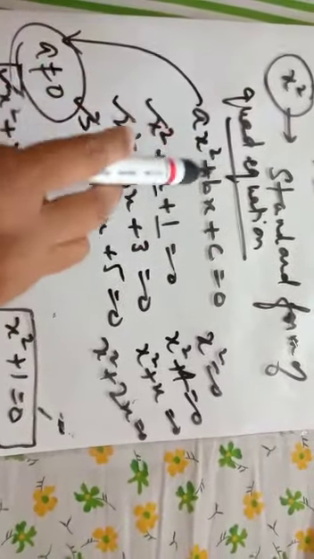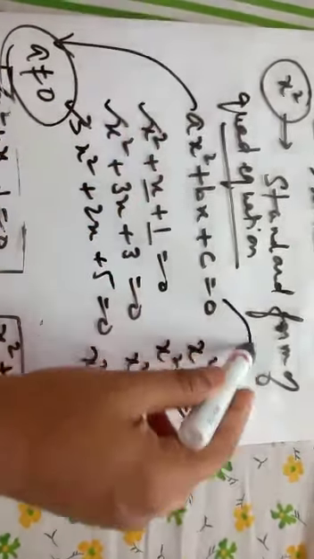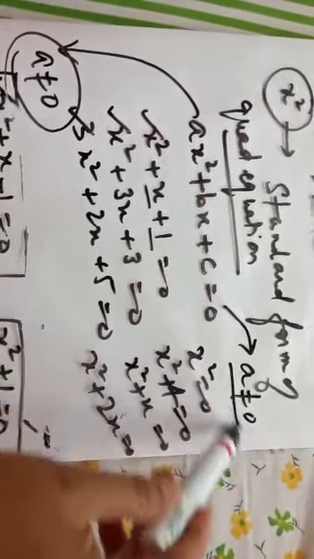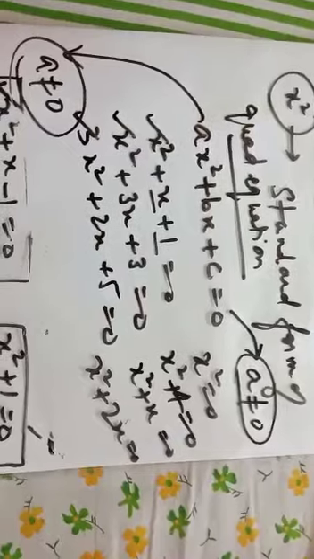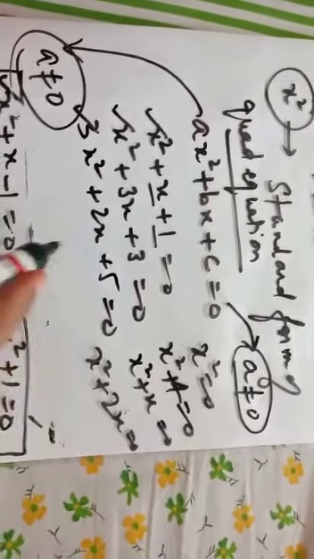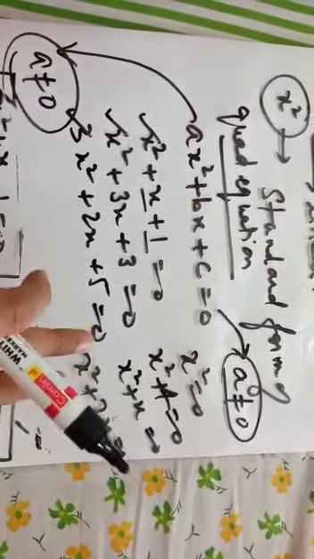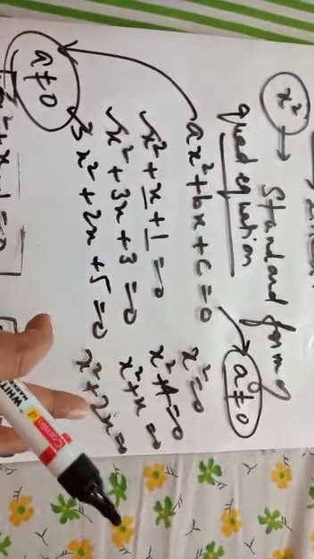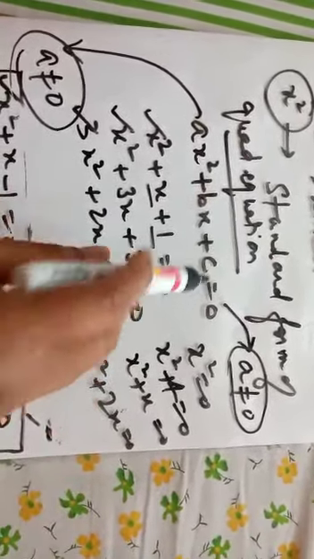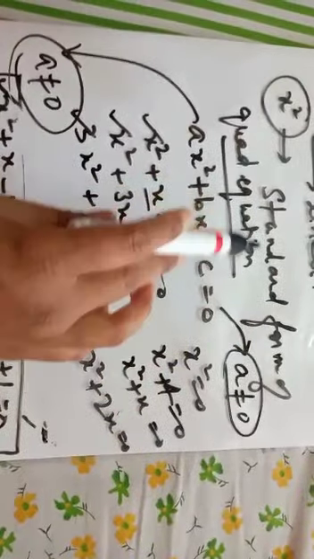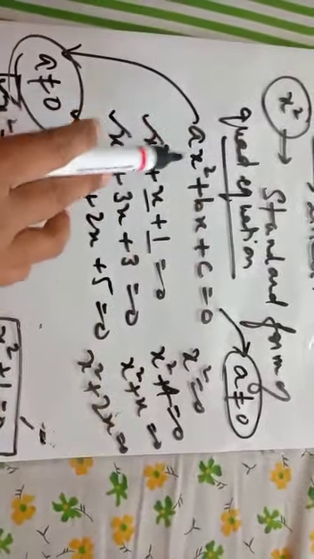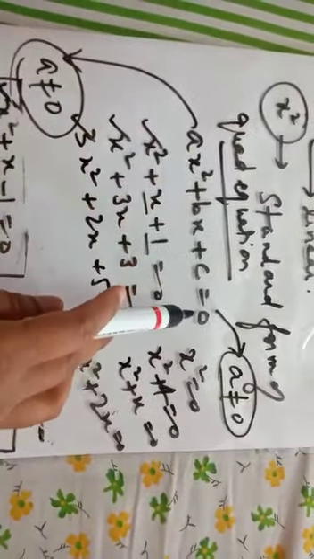be equal to 0. So my standard form of quadratic equation is ax square plus bx plus c is equal to 0 with a condition that a is not equal to 0. You have to remember that a should not be equal to 0. Rest, whatever is there, whatever is not there, it does not matter. They all are quadratic equations. So remember, this is the standard form of quadratic equation: ax square plus bx plus c is equal to 0 where a is not equal to 0.